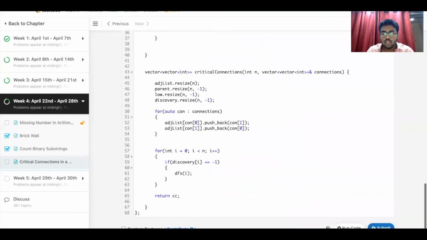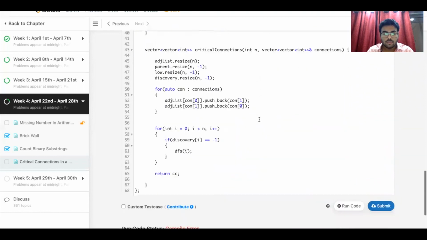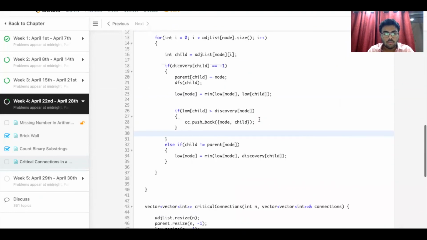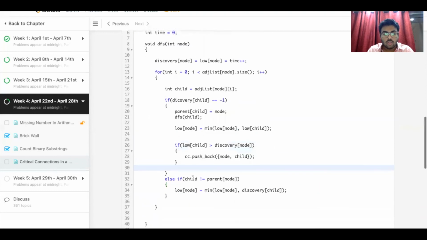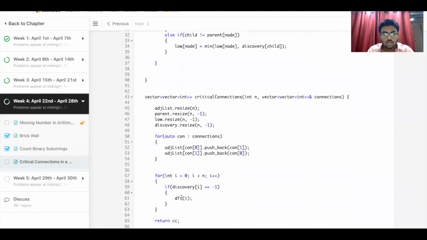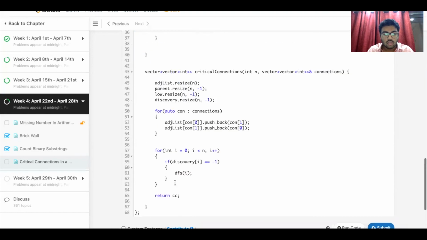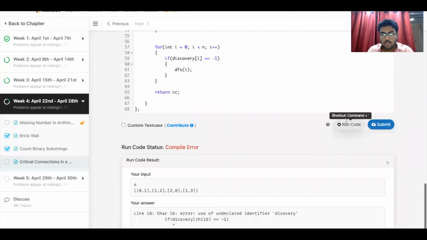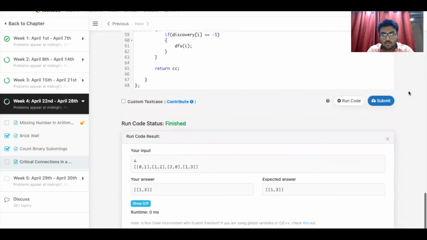Let's run the code to see if everything is working fine. Okay, where is the problem? Discovery, line 18, discovery. Okay, yeah, that works.